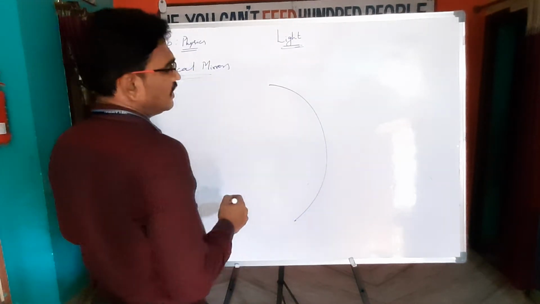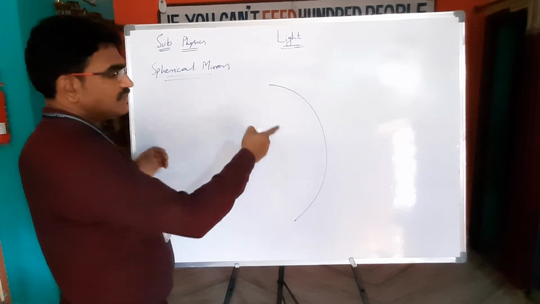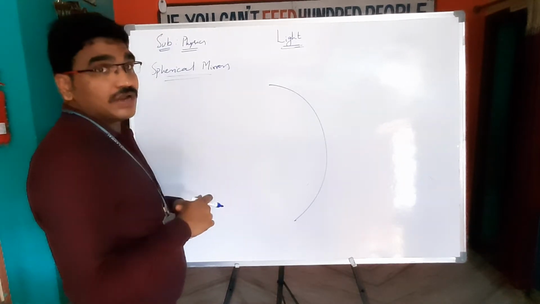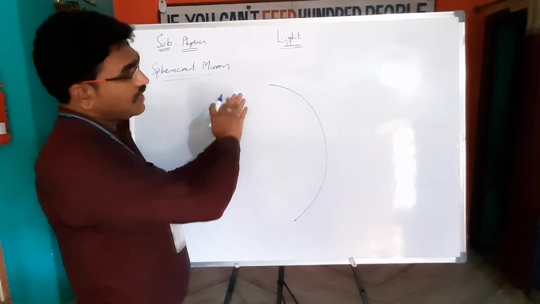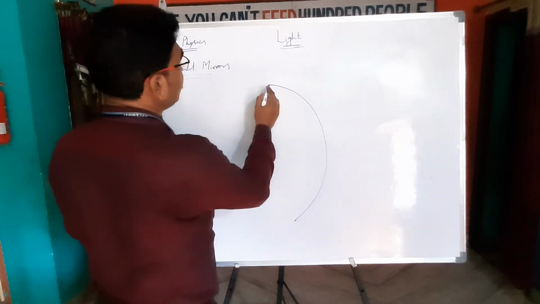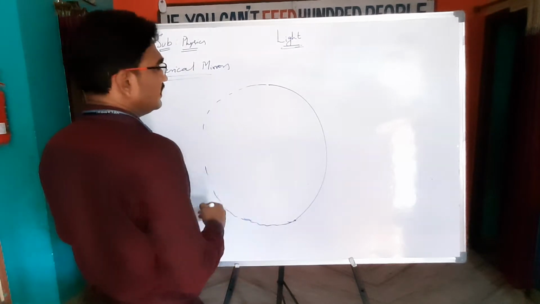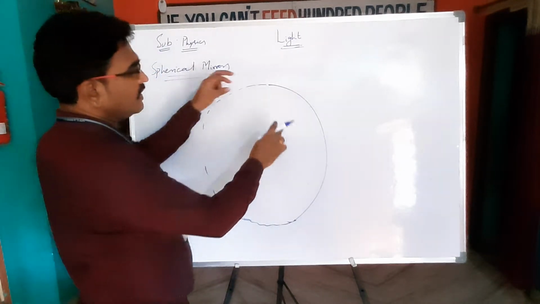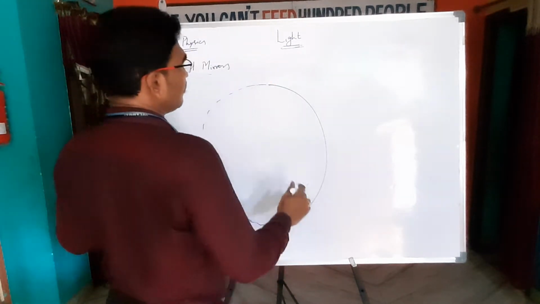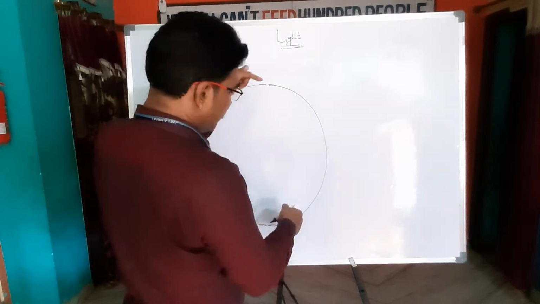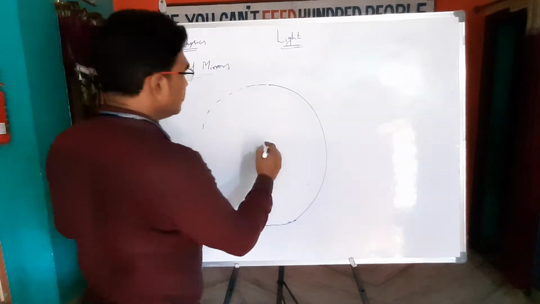Once again, if you recall, this is a part of a spherical mirror. Of course, it is a hollow glass sphere. From this we have taken a part. If it is extended, of course we are going to get a sphere. It is just made with glass. Now from this I have taken this part.